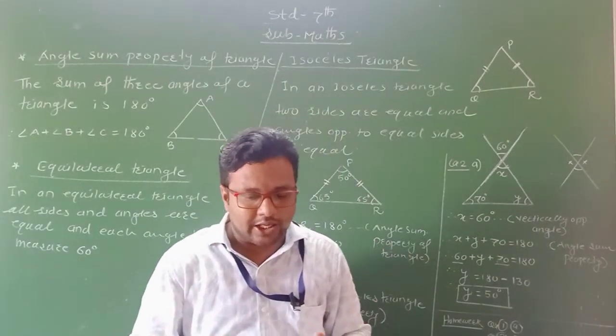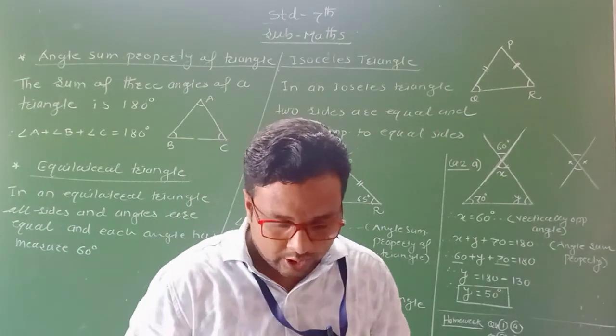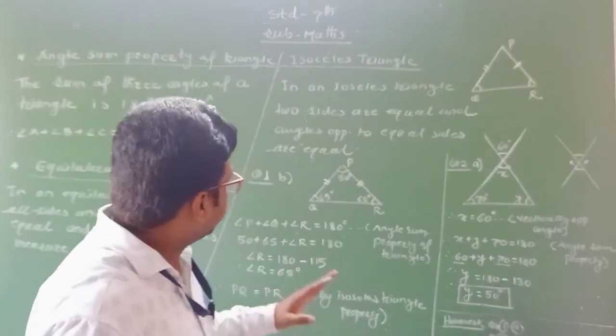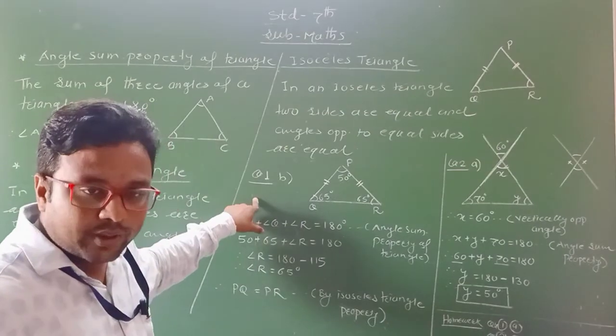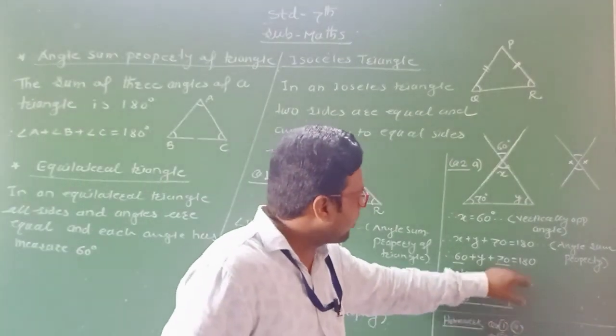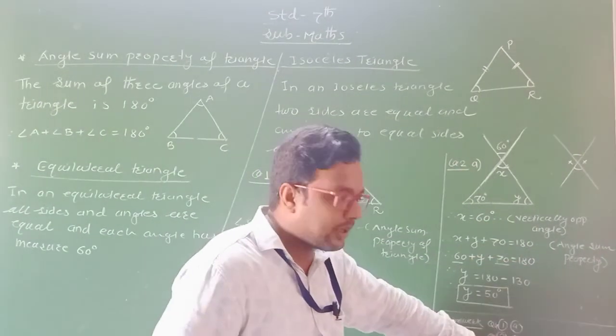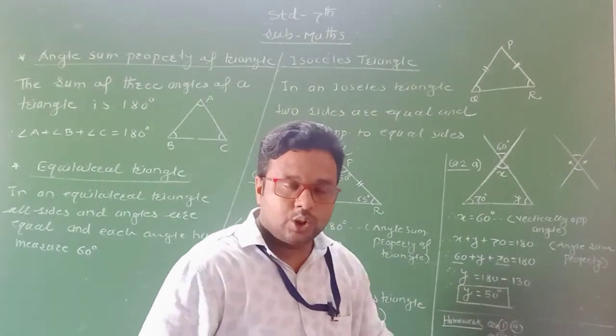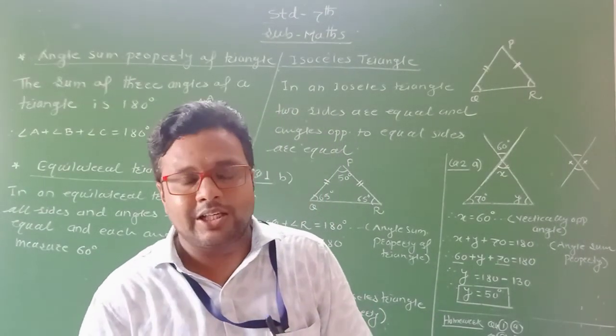I hope you understand both the questions. Okay? Now note down your homework. From question number 1, example A is homework for you, and from question number 2, example B is homework for you. Okay? Using the property, you can easily find out the value of